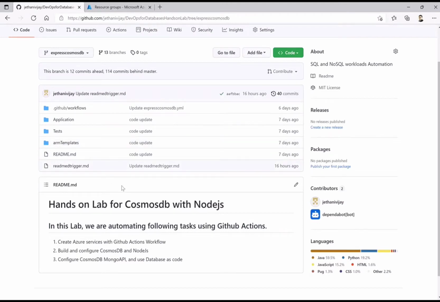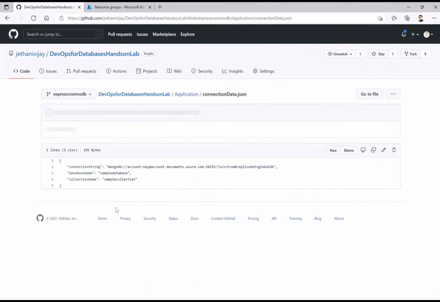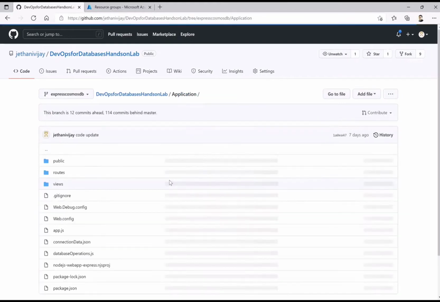Now, the more important thing to note here is what our application looks like. Obviously Node.js, you will have the JavaScript files there, but then what else on the database, because this session is more specific on how we get started on databases. So there are two important files to look at. One is connection data.json, which is kind of a connector or connection string, I would say, which our application will use. Similarly, the database name and the collection name are written here. Okay, so this is the one file which you should take note of.